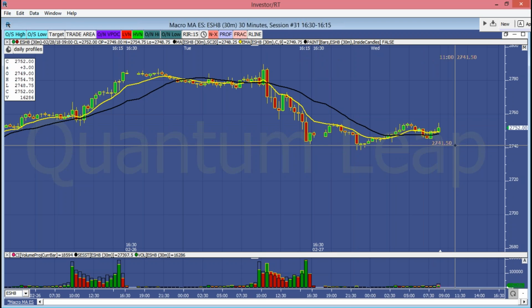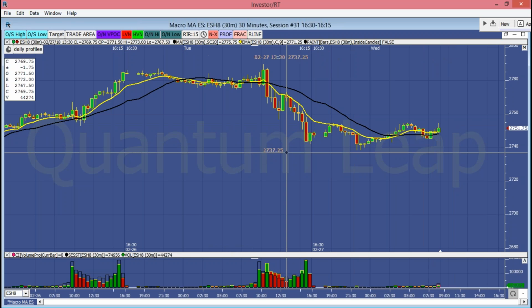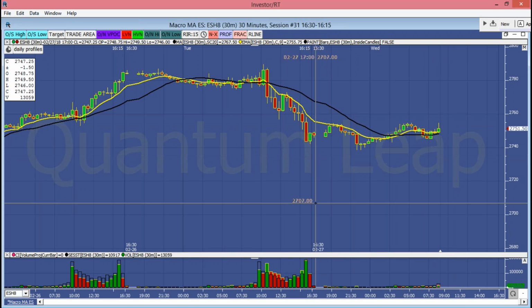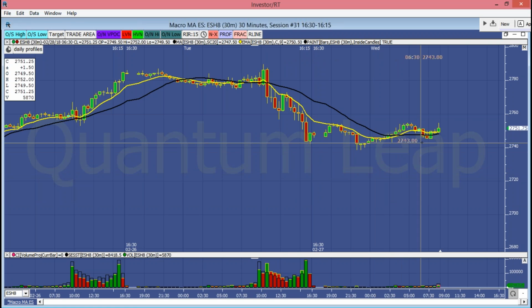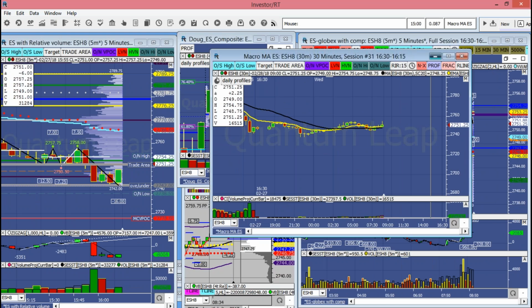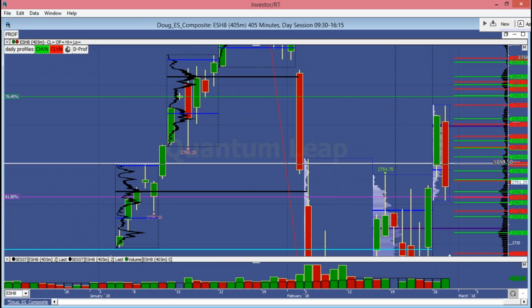So not a lot of information other than the fact that on the larger time frames, the uptrend is still intact, and this down move that could extend lower is still not really changing the longer time frame in terms of trend. So taking a look at the structure of the market,